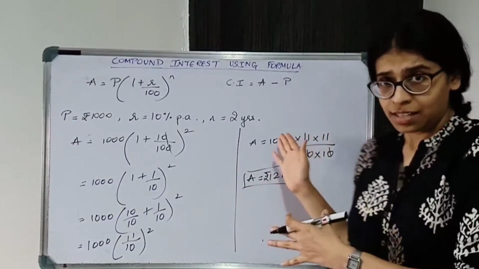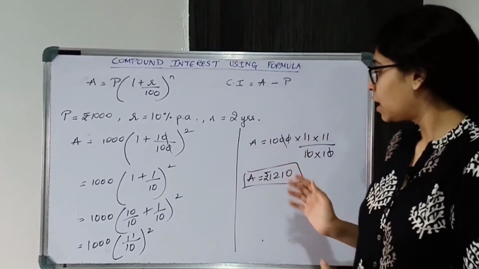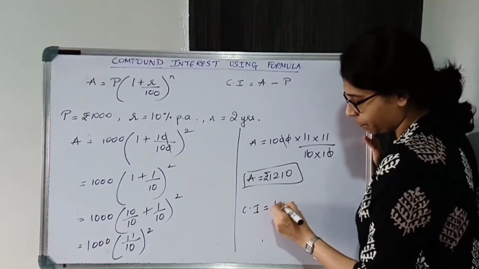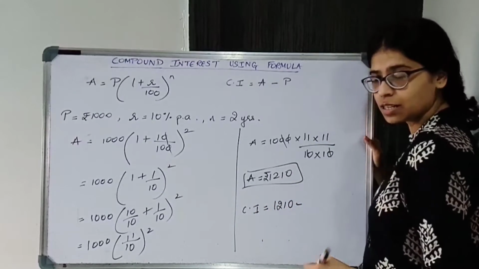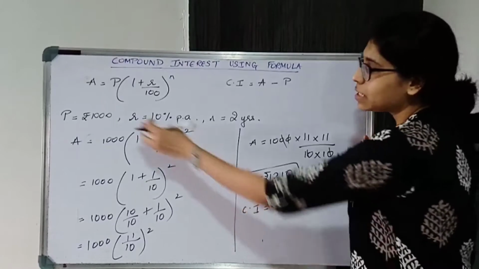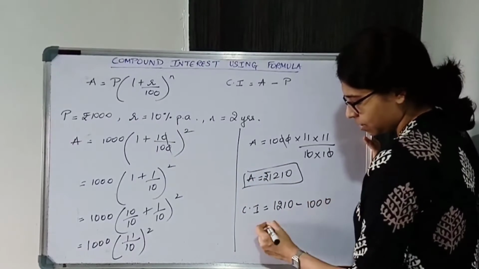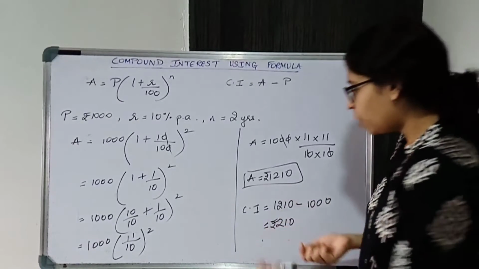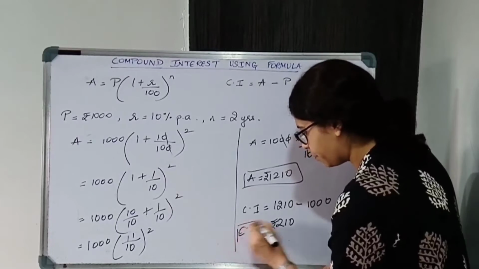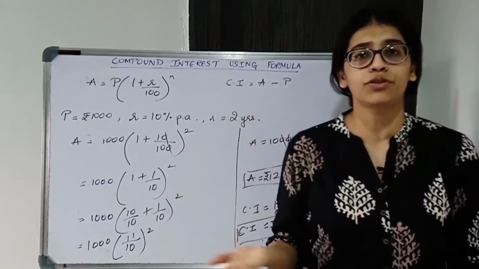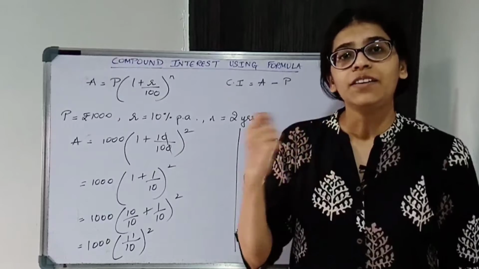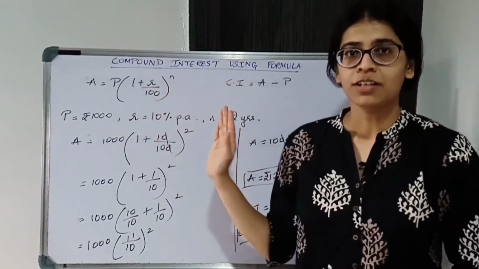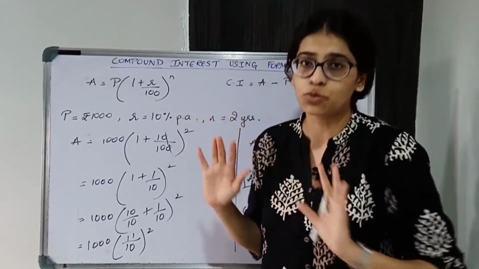So you see it's very easy, okay, when you use the formula. Now to find compound interest. Compound interest is nothing but जो final amount होगा minus the principal. So principal is 1000 rupees. So this will be 210 rupees. Okay, so compound interest of 2 years. Okay, तो ये 2 years का compound interest हो गया. All right, so it's very easy. You can easily find the amount and compound interest using these two formulae. Okay, so these two are the only formulae that you are actually supposed to know.